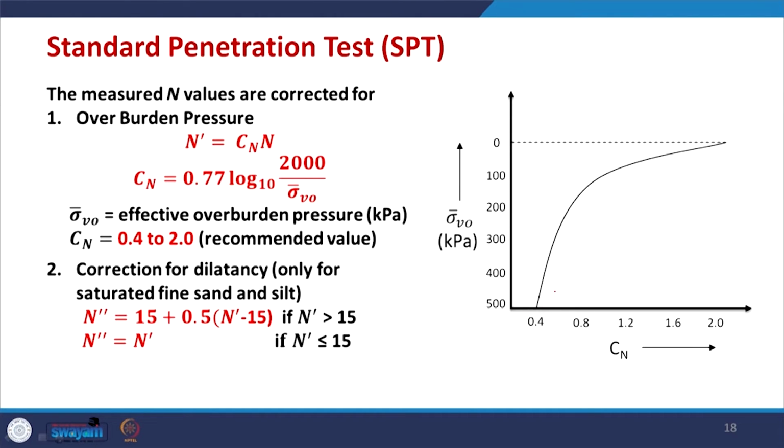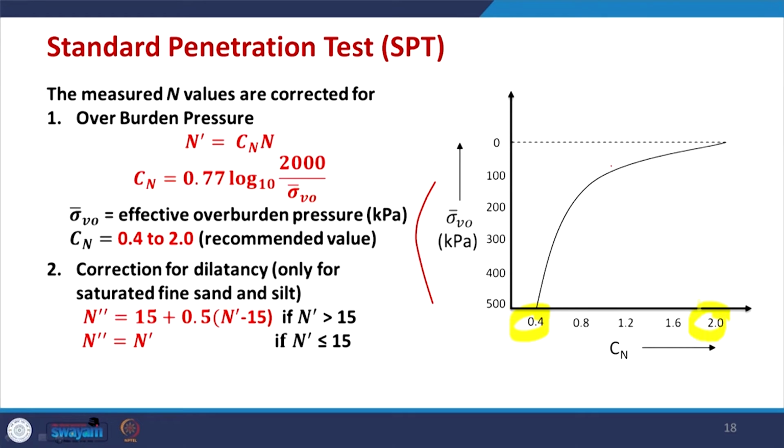When you are at the ground level, your overburden pressure is almost 0, and at that point the value of Cn is 2, while at quite high depth, as the depth increases, overburden will increase. As a result, you could see that Cn is decreasing and it will continue to decrease as the overburden increases, but the minimum value is 0.4 and